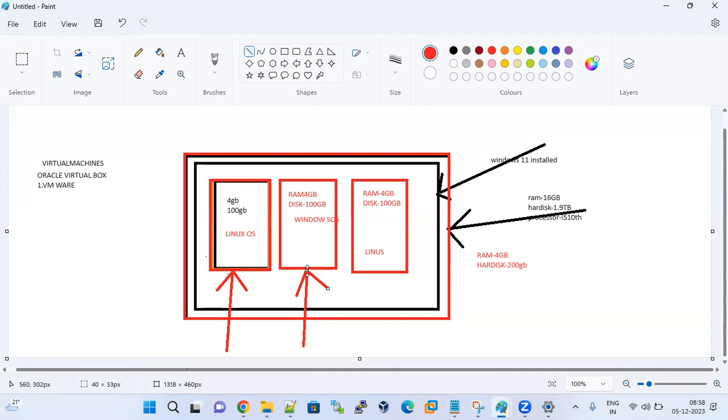But when you start the machines simultaneously, you need enough memory. Suppose I have 16 GB memory, then I can start machine 1, machine 2, machine 3 at a time. Suppose I have only 12 GB, the main computer needs 4 GB, so I can start only one machine. If you have 12 GB, it is better to start only one virtual machine, then the system is fast. If you have 16 GB, then you can run 2 machines at a time.